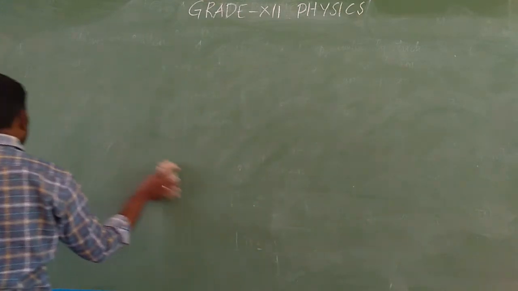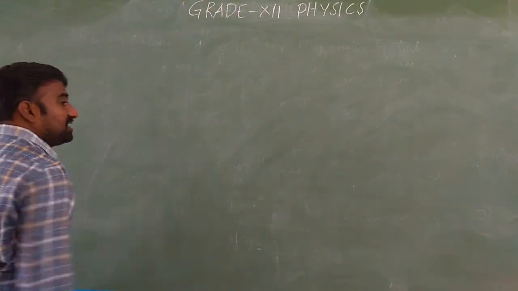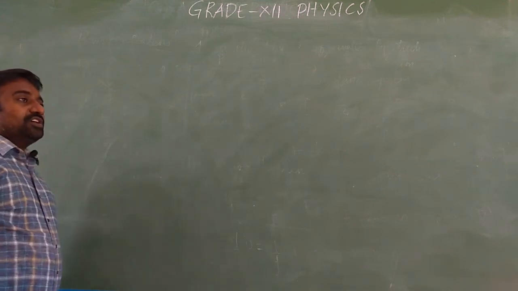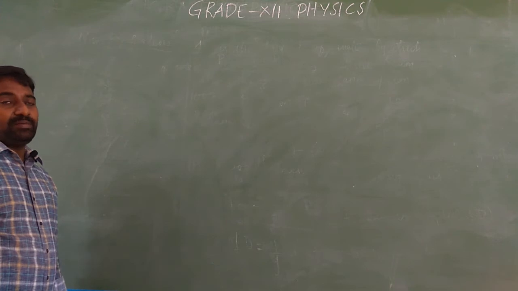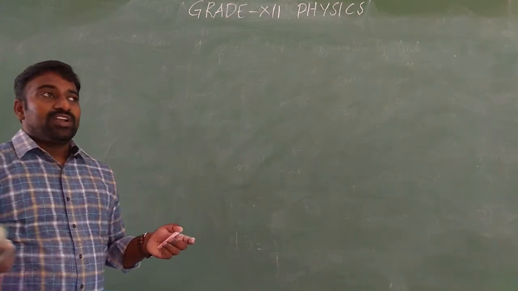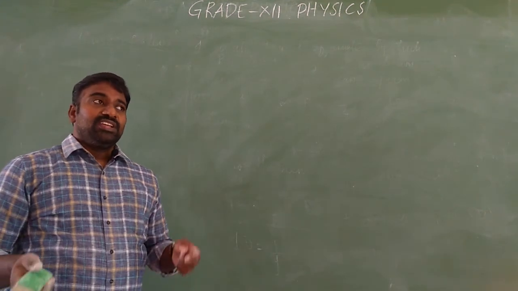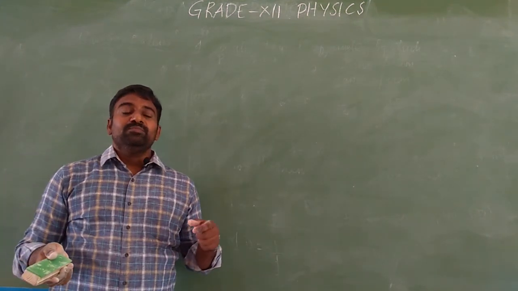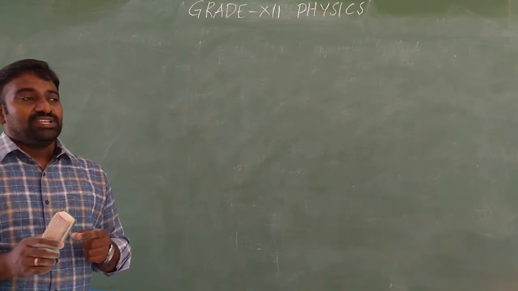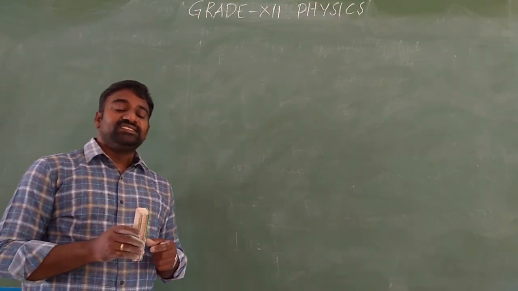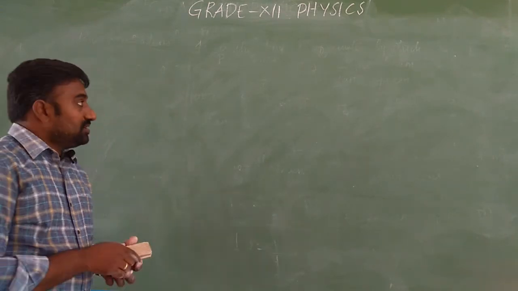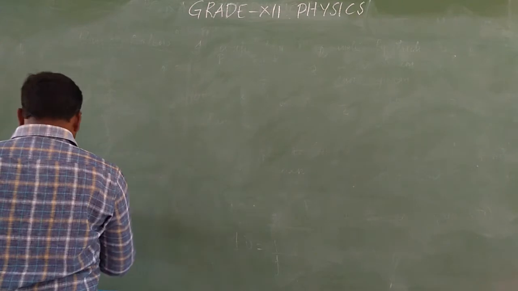Combination of thin lenses in contact, because in many optical instruments, two or more lenses may be combined. Both may be convex, both may be concave, or one may be convex and another concave. In some other systems, more than two lenses are arranged. So by the combination of thin lenses in contact, how do we find the net power? That is our aim.